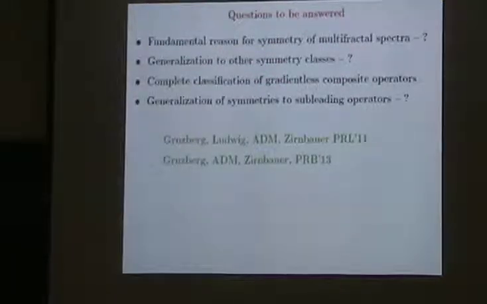It's clear that there are questions. One is, what is actually the reason? We just got it from the sigma model calculation. Is there some symmetry of the problem that would be responsible for this? And what are the generalizations to other symmetry classes, as Leo asked? And more generally,